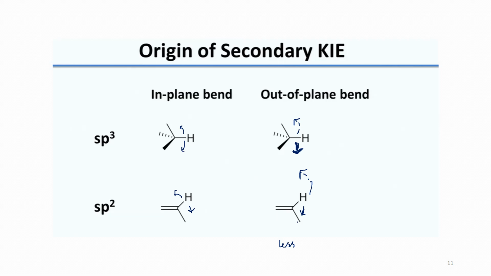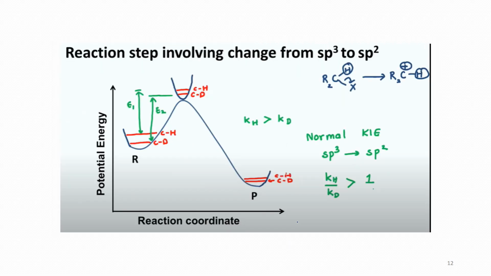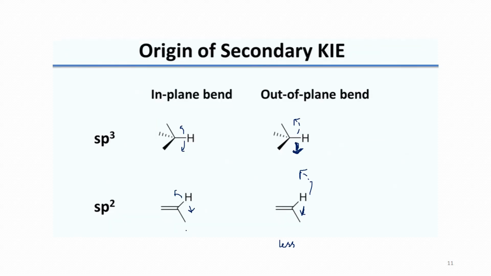Because of that, the compound gets some stability. So whenever at a reacting center an sp3 center goes to sp2, what happens? Now, if instead of CH there is a CD bond,